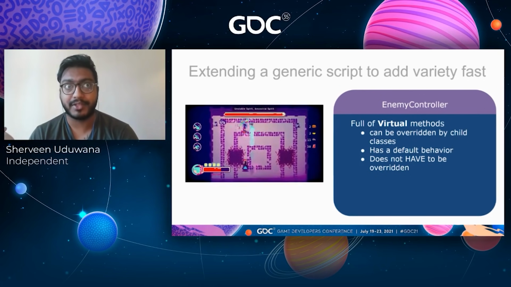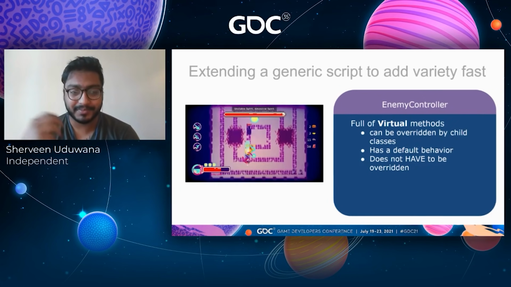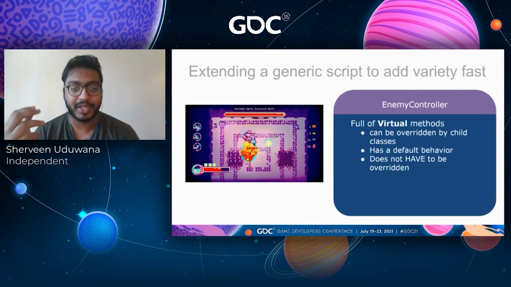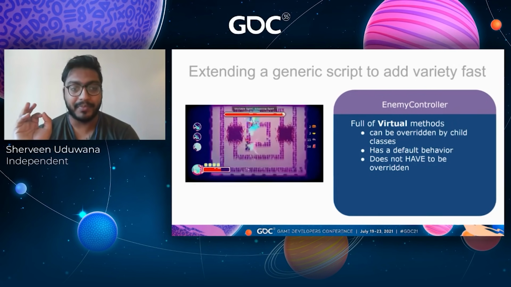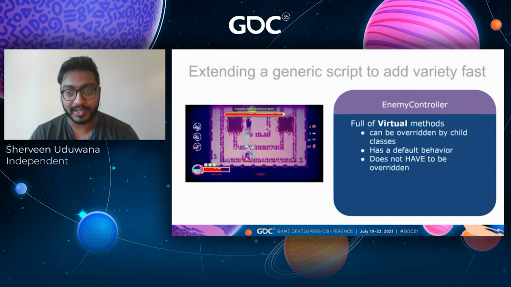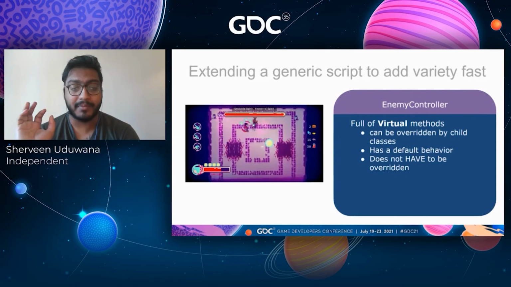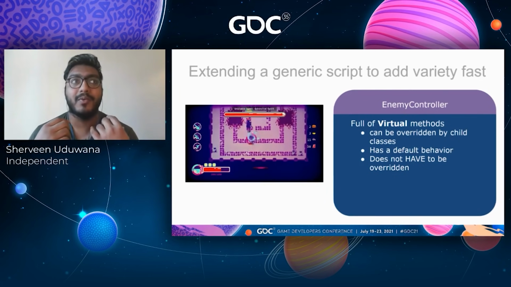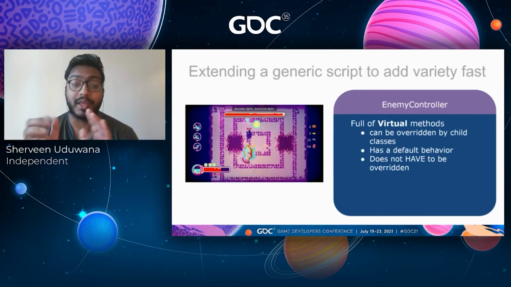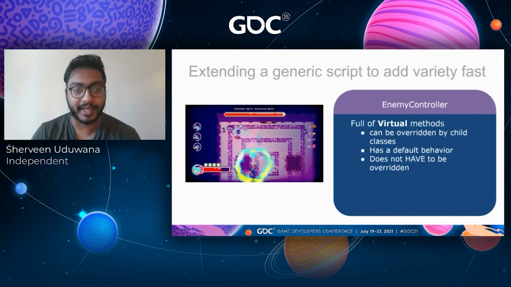So the comparison there would be using something like an abstract class, which has to override and make changes. So it's really useful to have a way of structuring these enemies where I can modify them for their unique elements and then not worry about everything else. So I'm like, okay, this enemy is going to know how to walk. I don't have to reteach it how to walk every single time I make a new enemy.